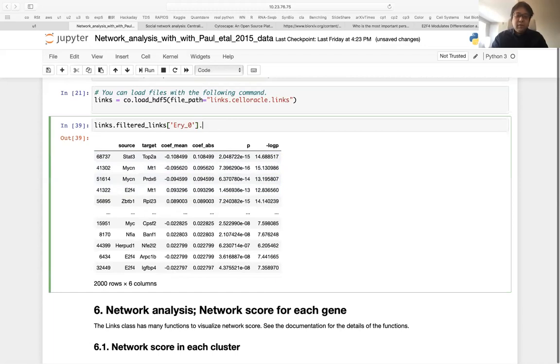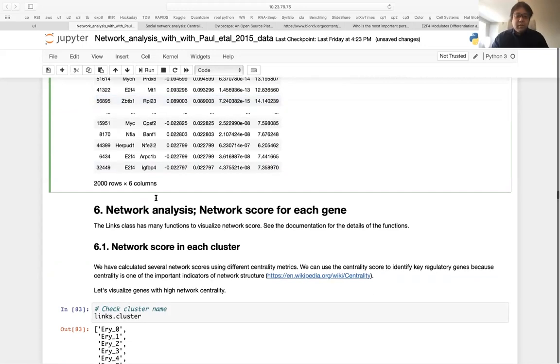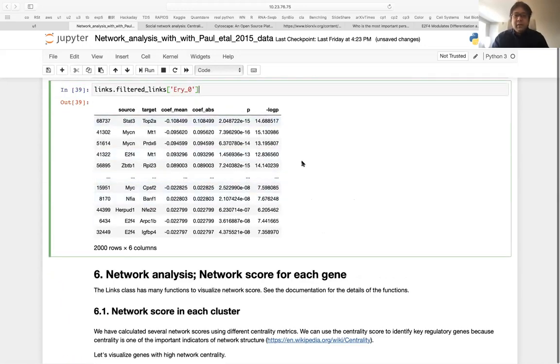If you want, you can save this data table and analyze it by yourself. In CellOracle, we provide some methods or functions to analyze these networks, but if you want to analyze the network using a totally different program, you can do that. For example, if you save this network table,